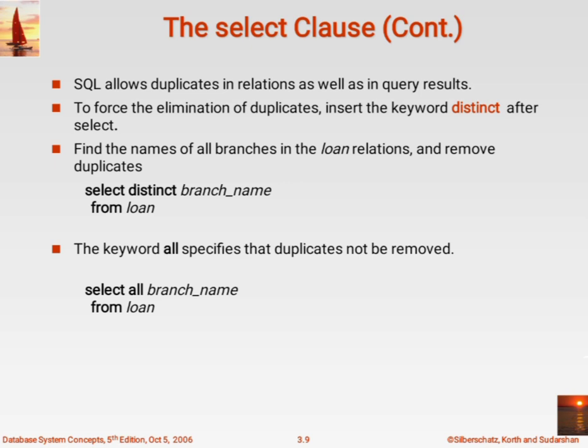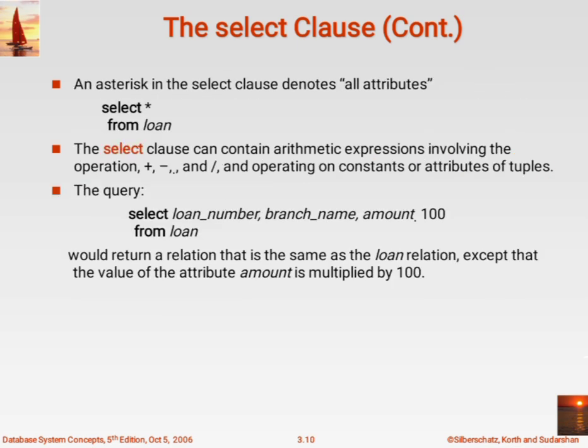Then if you want to remove the duplicate entries, we need to use the distinct keyword. So here I have taken the example, select distinct branch name from loan. The duplicate entries will be removed automatically by using the distinct keyword. Then select star. Star means, whenever we want to select everything, a full table, all attributes in the table, then we write star. Or if you don't want to write star, then we need to write all the attributes we want to select.